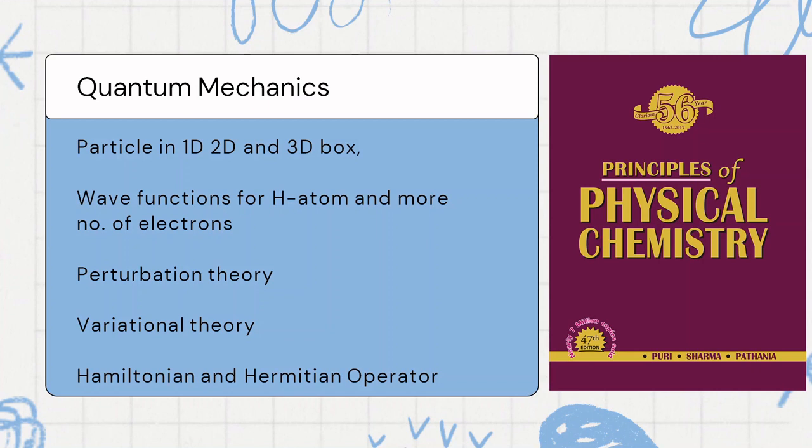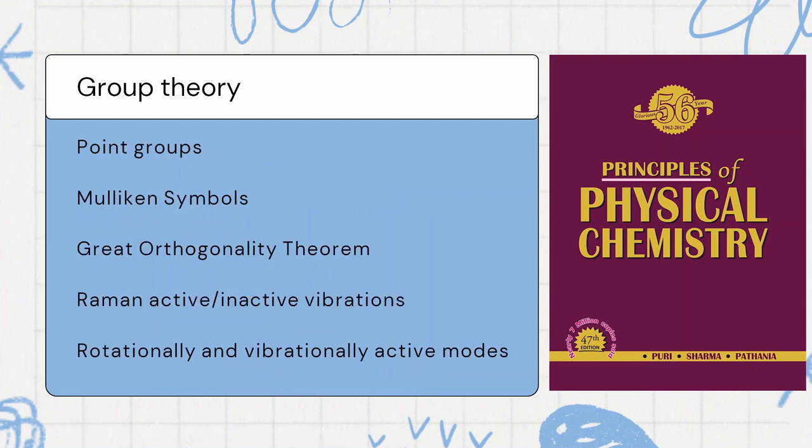Then go to group theory. So this also you can learn from the same book. So you should know about point groups, Mulliken symbols, and the great orthogonality theorem. So the questions related to finding out the number of 1D, 2D or 3D reducible representations by giving the character